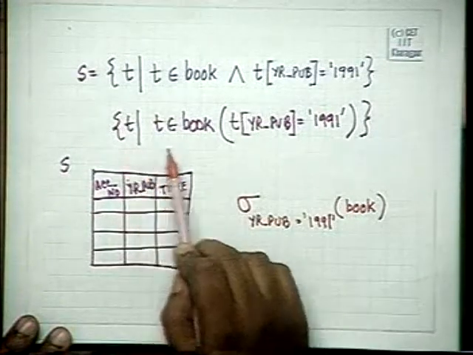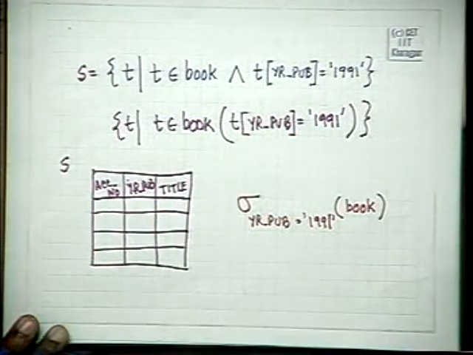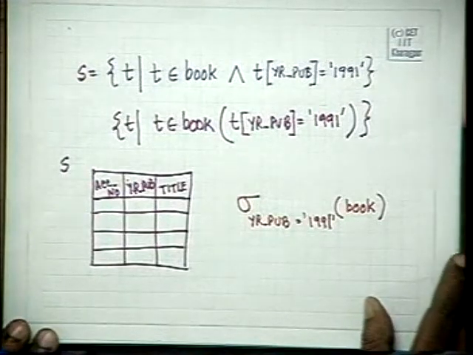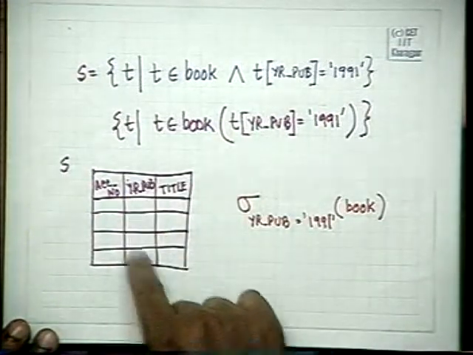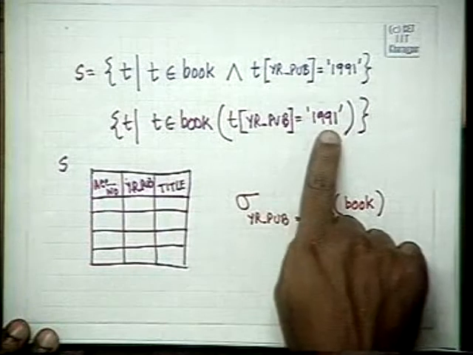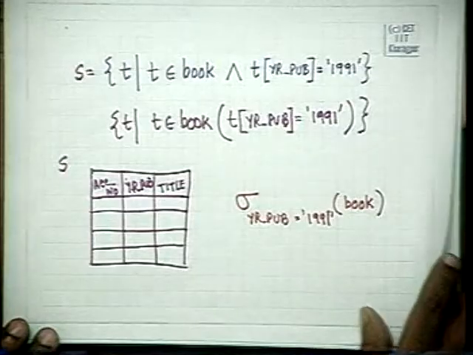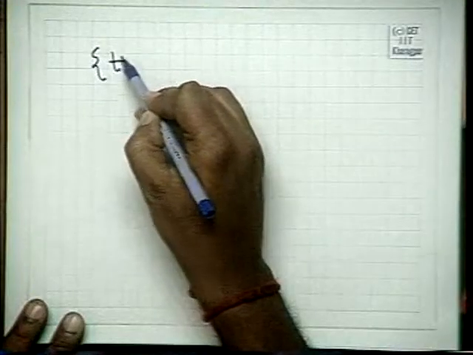So, this way we have got those books which appeared in 1991. Now, suppose 1991 is well known and we do not want the attribute year of publication, we only want accession number and title. We are not interested in this attribute because we are selecting out 1991 anyway. Then how will we do the selection of the attributes which is a subset of the attributes of this particular relation? For that we use the concept of there exists. We will write down T